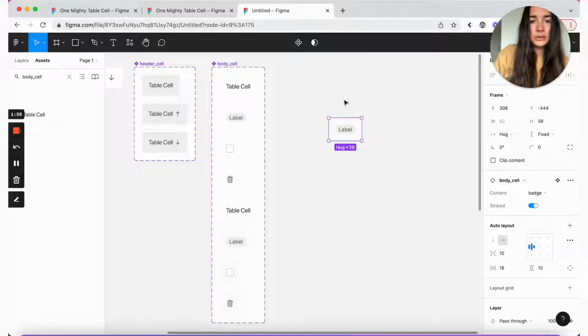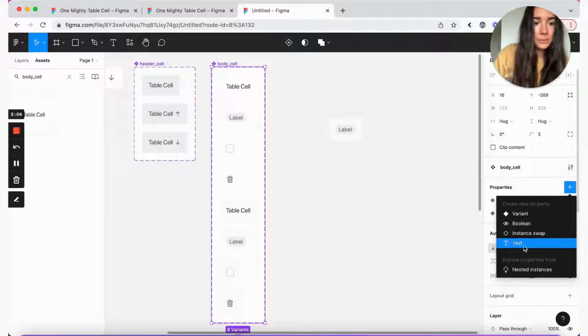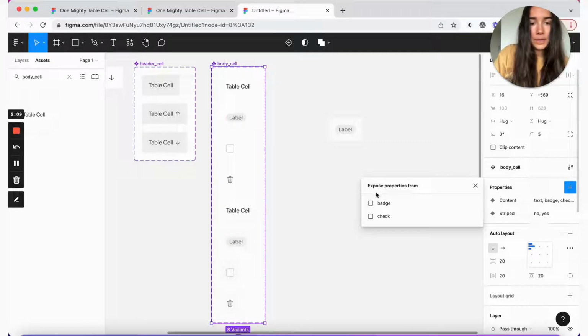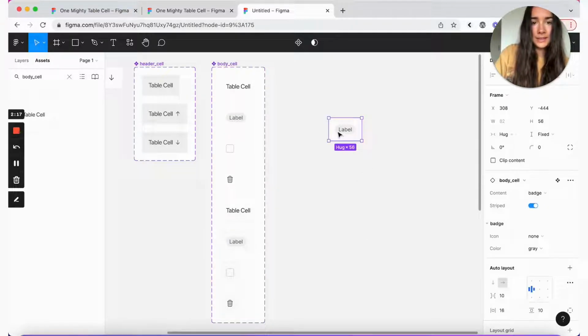So what we're going to do is return back to the body cell, and we're going to click on the plus here, and go all the way down to nested instances, and from here we can click both the badge and the check. So what's going to happen now is that if we have a body cell that has a badge inside of it, it's going to have all the badge instance properties displayed here as well.